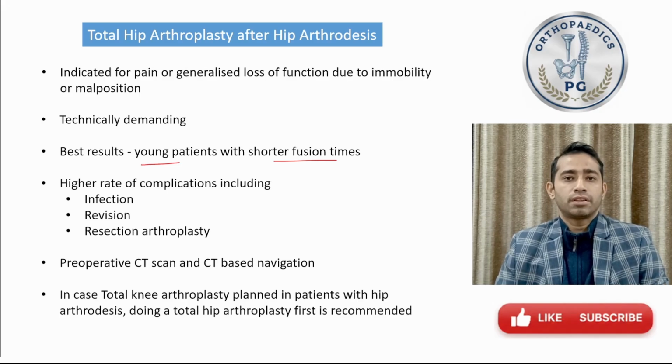So friends, this was a discussion on the topic of hip arthrodesis, which is a very important topic for postgraduate